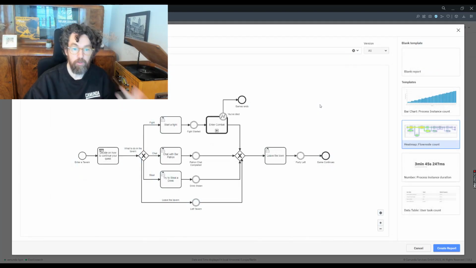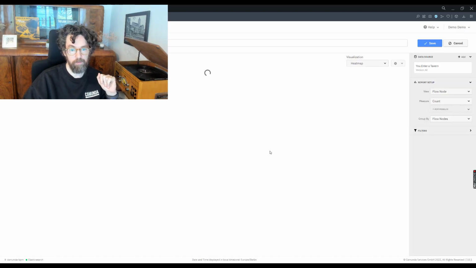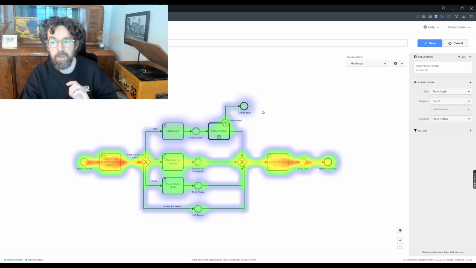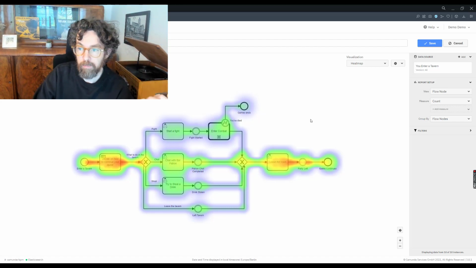So now we have the other model that has milestones in it. And let's again create a report for this as well. And it starts off pretty similar. There are some big differences though. For instance, now when we go and build a report, we know what we're looking for already.